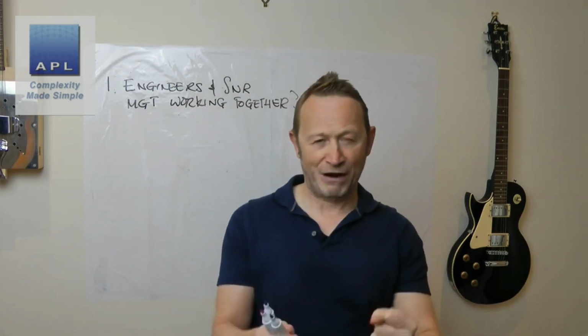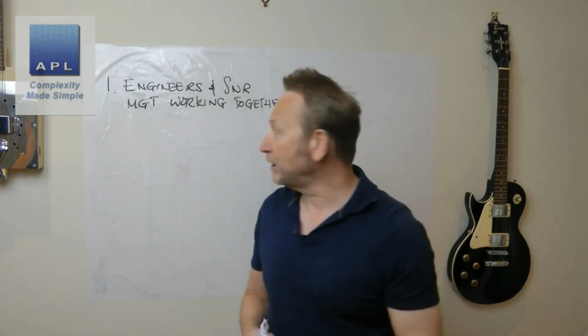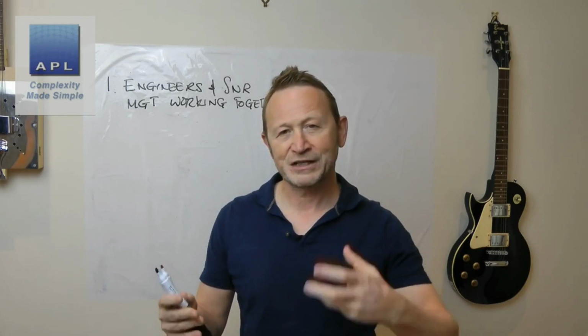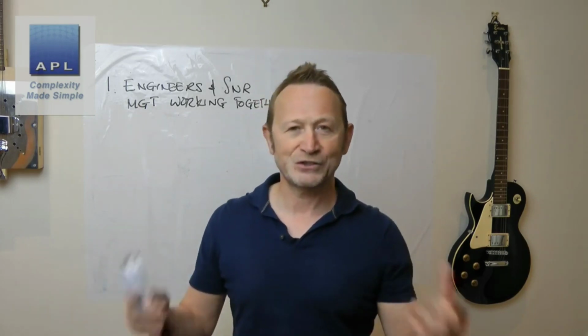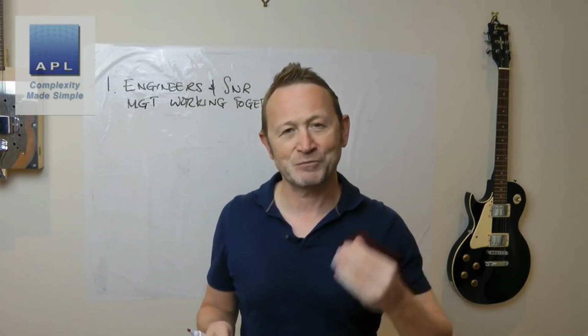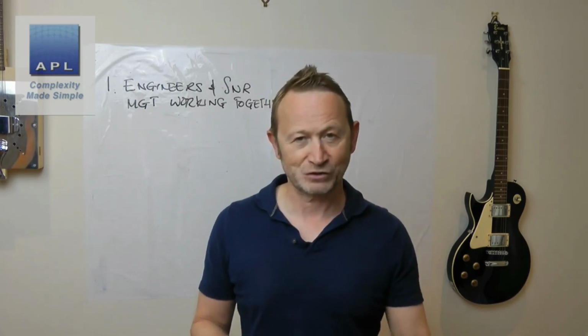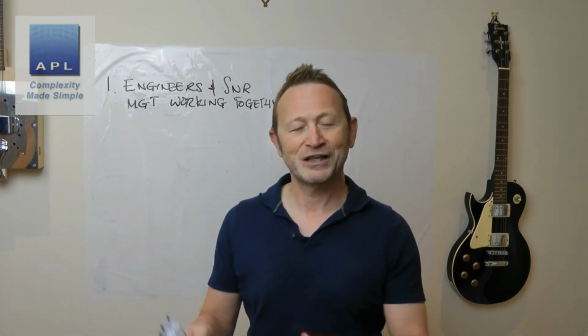Now for me, Frank, the answer here lies in design for Six Sigma. So really the reason why engineers and senior managers pull in different directions is because they don't really understand what the customer wants and what the customer values, and they haven't agreed what the customer wants and what the customer values. Because if they'd agreed that, then they would understand that what they're doing has to be done.